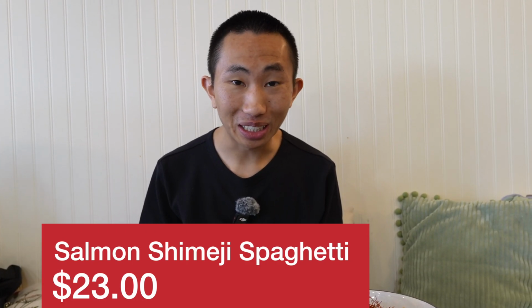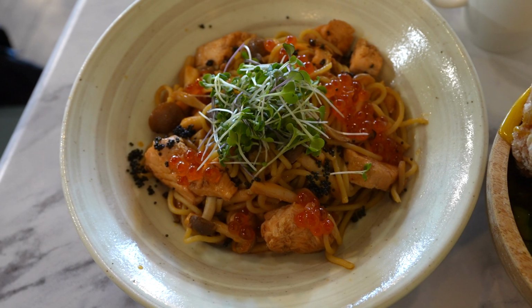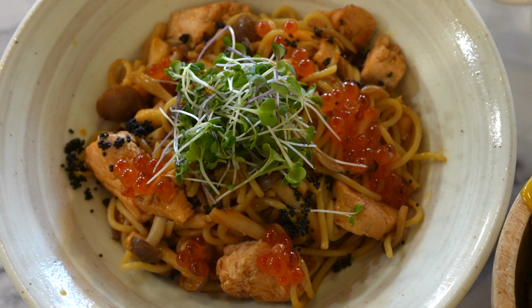Next, I'll be trying out the salmon pasta, and I'm really curious about this one because it's topped with salmon and salmon roe. Wow, this feels like the essence of Japanese Italian food. The flavor of this is really interesting. Instead of a sauce, it's almost like a sweet soy glaze. It's very sticky. Then you have tender pieces of flaky salmon, all the delicious spaghetti, and then you get a